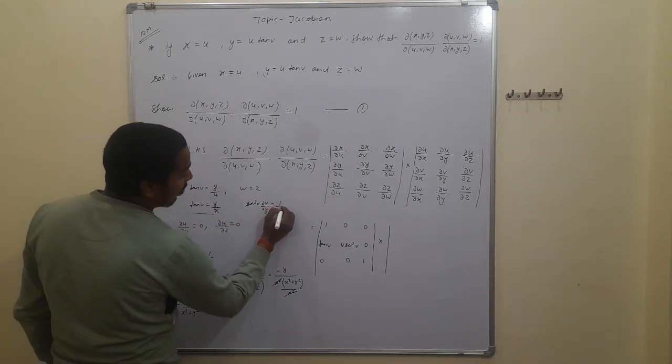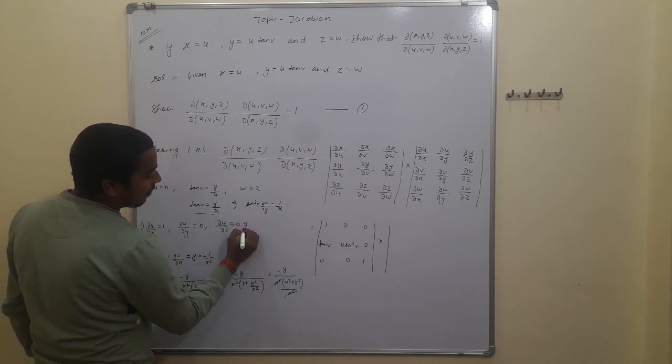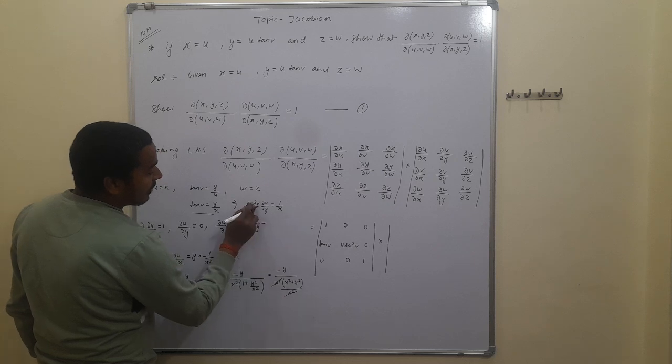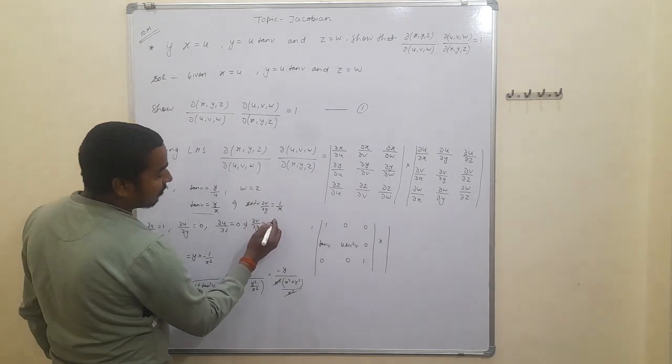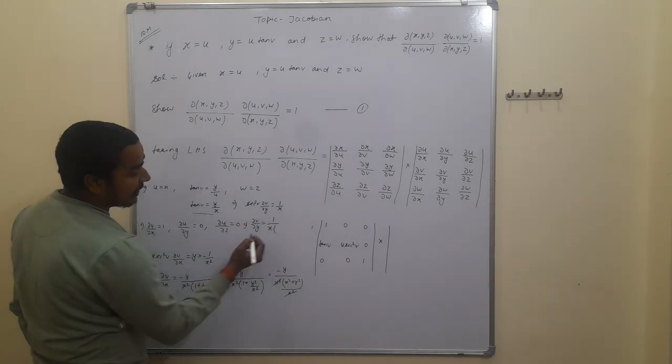From here we can also write ∂v/∂y is equal to sec square v taken into the denominator, times 1 upon x, and sec square v is written as